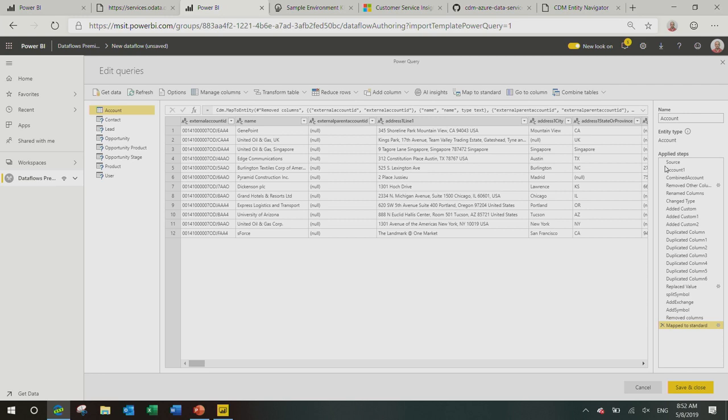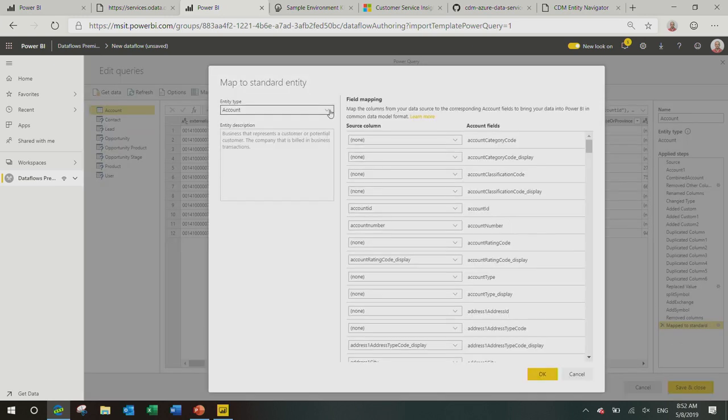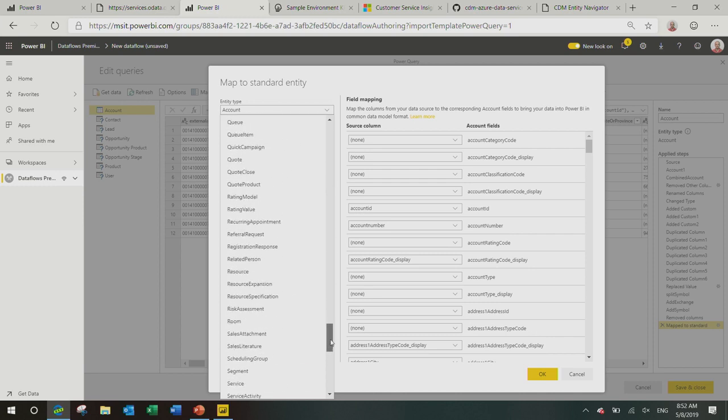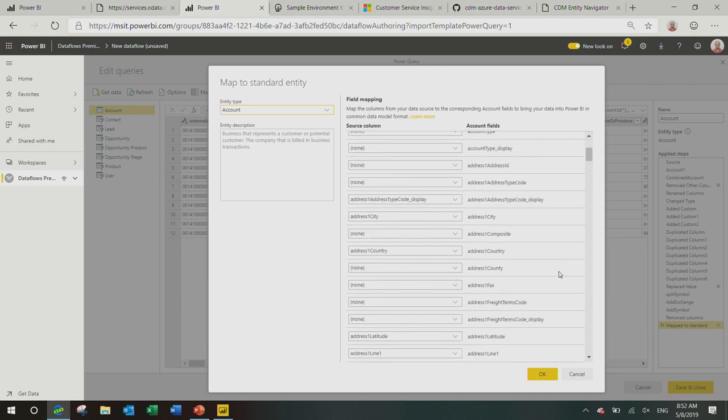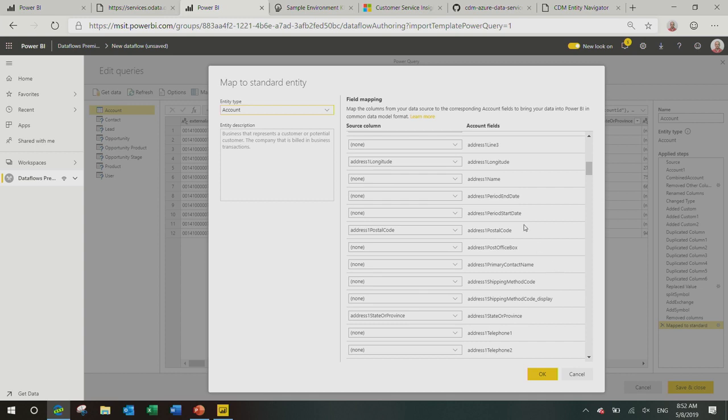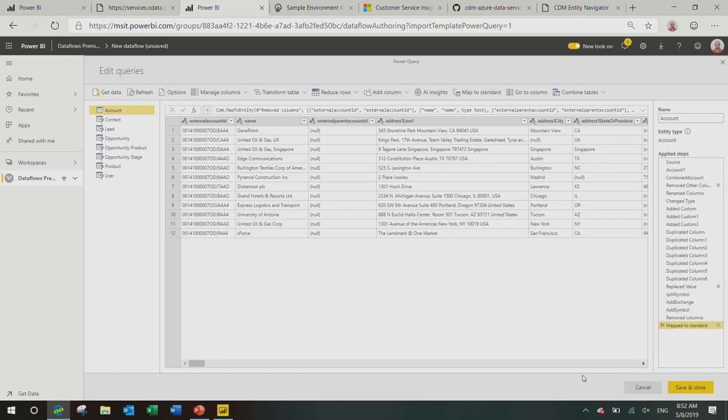Now, some of these transforms are not just structural mapping, which is why you also see data transforms. There's also a step here where there's a certain list of standard entities that we have available and documented publicly. The mapping template predefines, for certain areas that are important and can be extended, certain mappings to these standard entities and to certain fields within the standard entities. Now, as a developer, I could just go ahead and use this template as is. I could also write further. This is just Power Query.